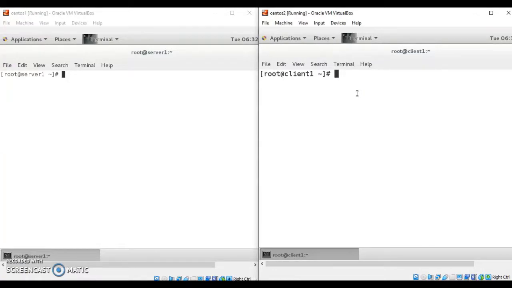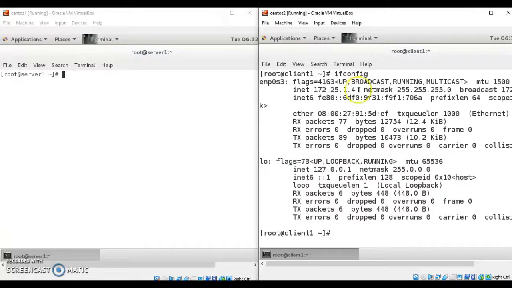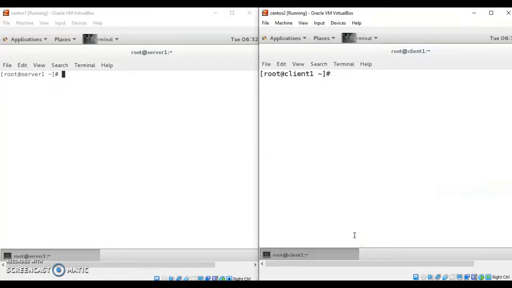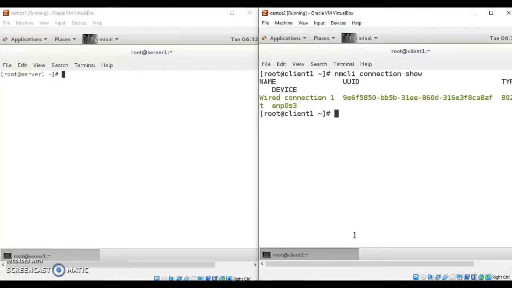For example, ifconfig, as now it is showing you the IP address, but still you can check the network adapter by using the command nmcli connection show. Here also the name of your adapter is wired connection. So simply you can bring up this connection if in case your IP address is not assigned.